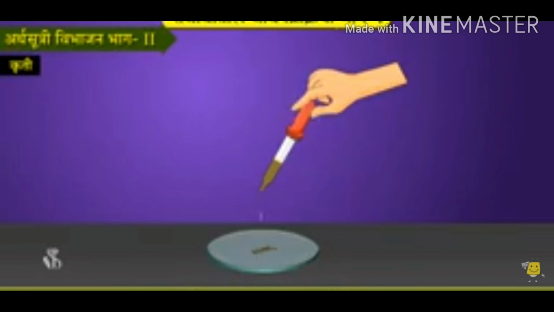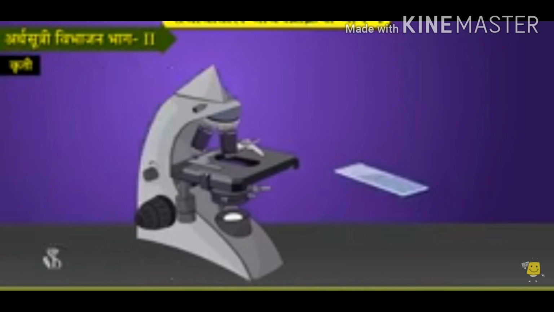Cut the tips of some roots and put them in a watch glass. Pour some drops of iodine in the watch glass. Take one of the root tips on a glass slide. Press it with the help of forceps. Add 1 or 2 drops of water and carefully place the cover slip over it in such a way that air will not be trapped between. Observe the prepared glass slide under the compound microscope.